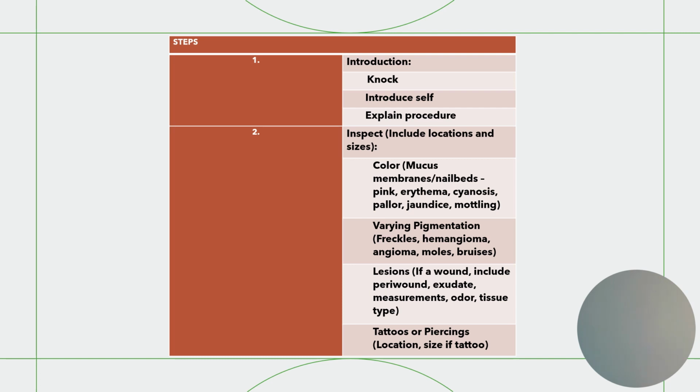Does the client have any tattoos or piercings? Again, if they do, where are they? And if it is a tattoo, then you may want to document the size. So you may say tattoo to left upper arm. Well, unless I document the size, I could interpret that as being a tattoo that covers the entire left upper arm